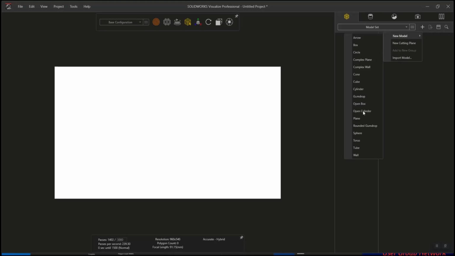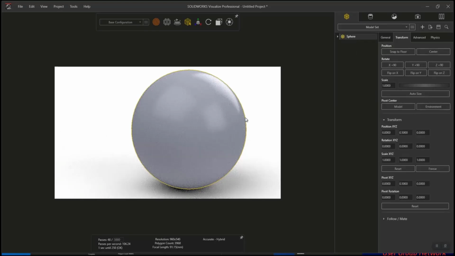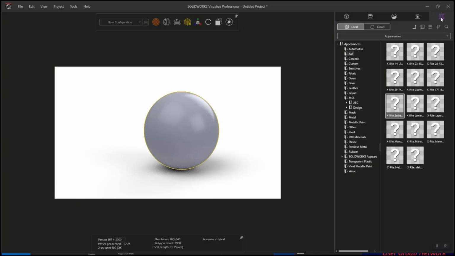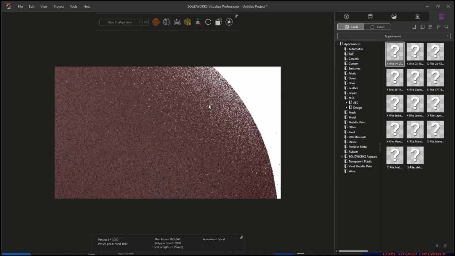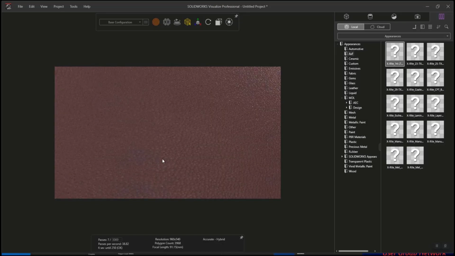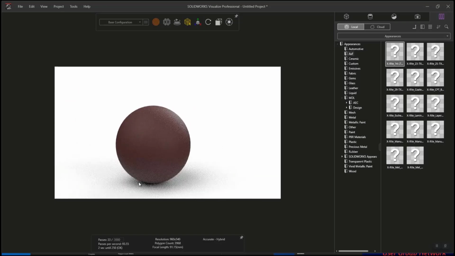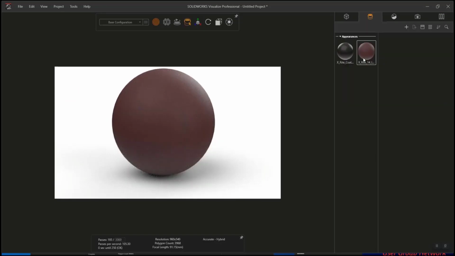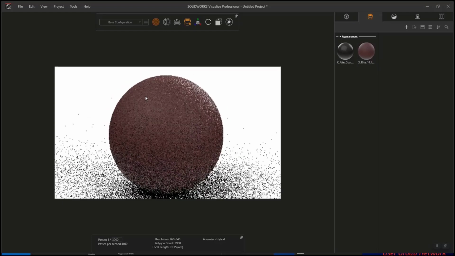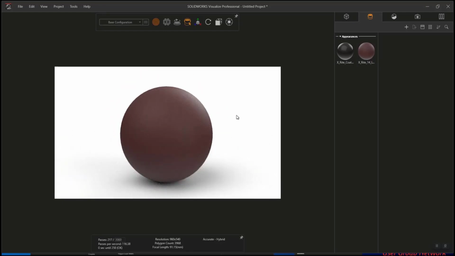So how to use this? We simply create an object. Here again we are creating a sphere and we have stored a few of the AXF appearances here. We just drag and drop just like what we do with the normal Visualize appearance, and the realistic appearance is available directly on the CAD model. This is a leather, a red goat leather, which is created by them with the AXF file format with the scanning,